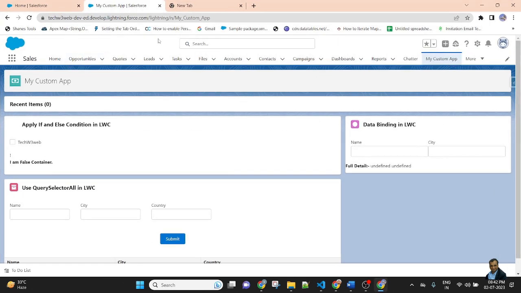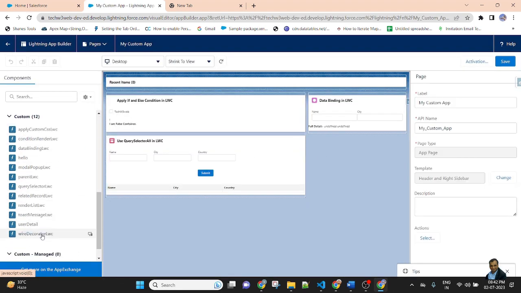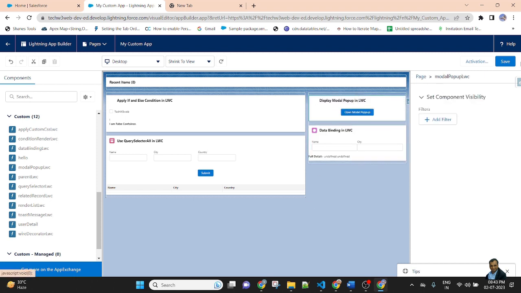I'm calling this LWC component to the page, edit the page. My component name is modal pop-up LWC. So I am selecting and dragging and dropping it here. Now save the component, and after saving the layout, go back.